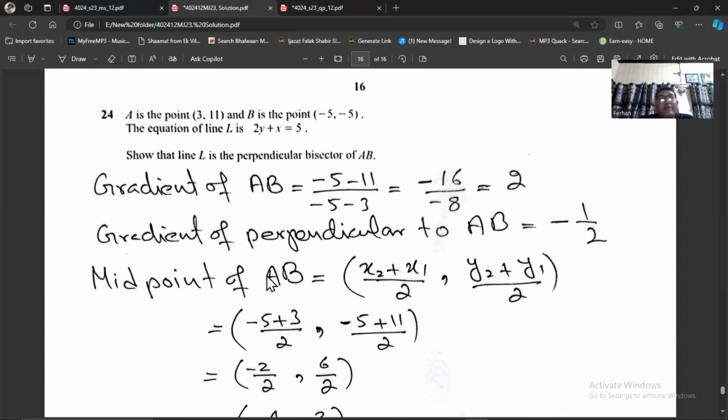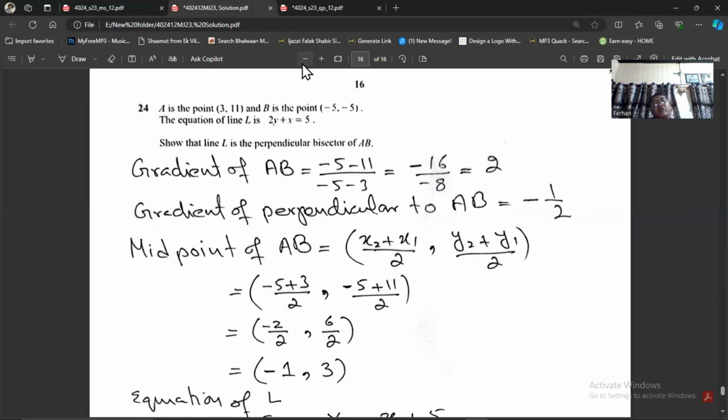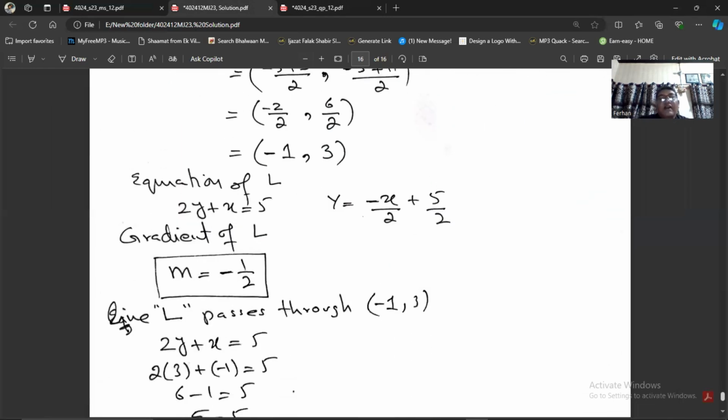Then the midpoint of AB will be, the formula is (x2 plus x1) divided by 2, comma, (y2 plus y1) divided by 2. So it will be (minus 5 plus 3) divided by 2, comma, (minus 5 plus 11) divided by 2. So that will be minus 2 by 2 and 6 by 2. So the midpoint's coordinates will be minus 1, comma 3. Now the equation of that perpendicular bisector will be,